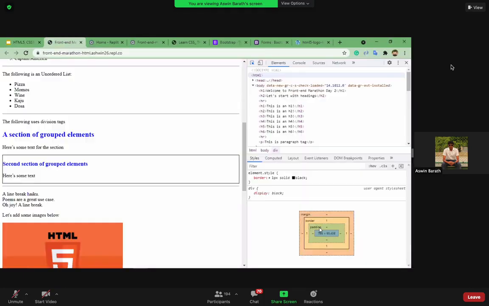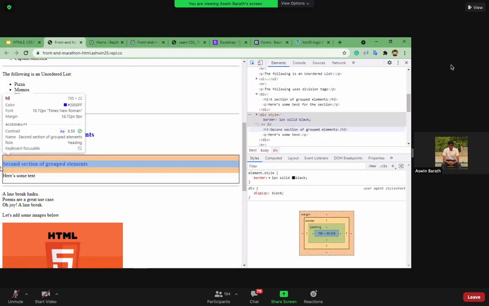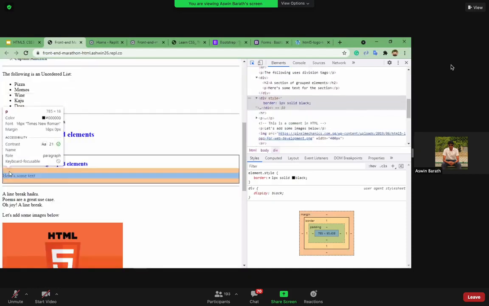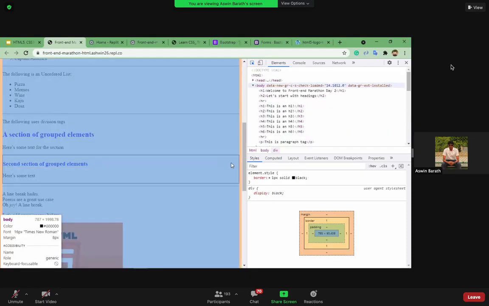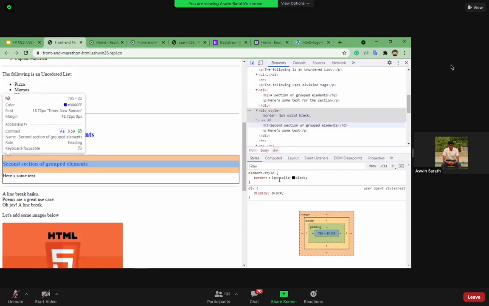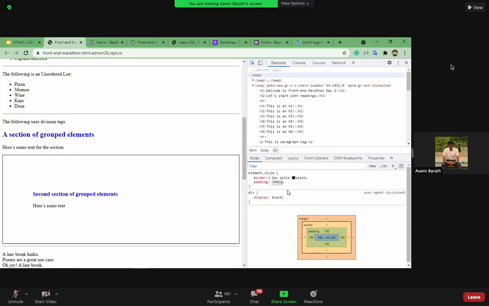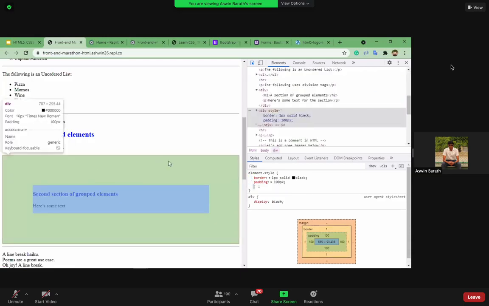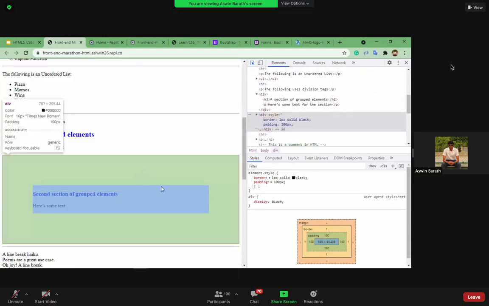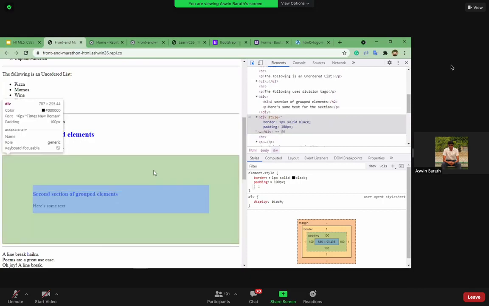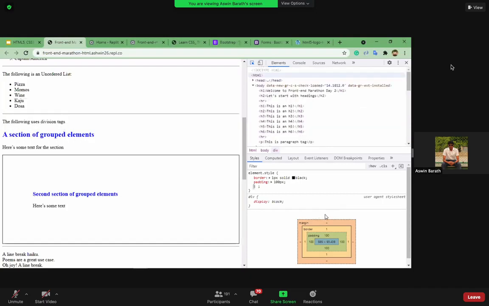And followed by that, we have something called padding. Padding is nothing but the inner part of the content space that we have. Let's say we want this text, or both of these texts, inside this border without touching it. Let's say we have to provide a lot of space inside it. So we can provide padding followed by the amount of space that we want. Let's say we provide 100 pixels. See, it is separated in such a way that we have a lot of space inside this box model, right?